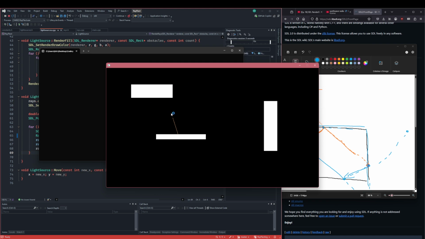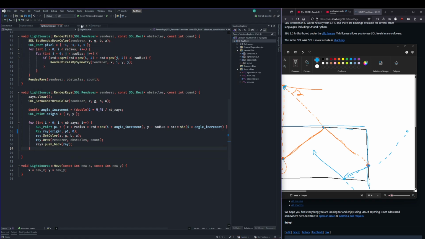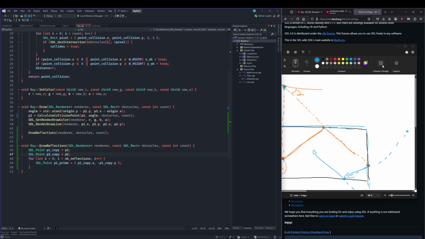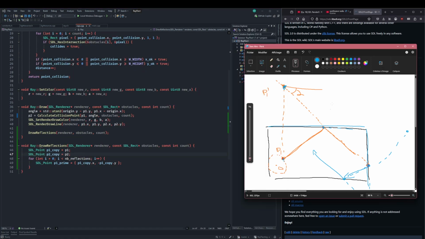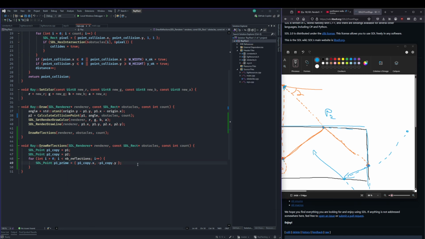Okay, so now this works as before. Nothing has changed. Right. Race.cpp. Okay. So we have P2 over here. Now let's see. So we have P1 prime. P1 prime, we just got it. Now what we're going to do is do a double